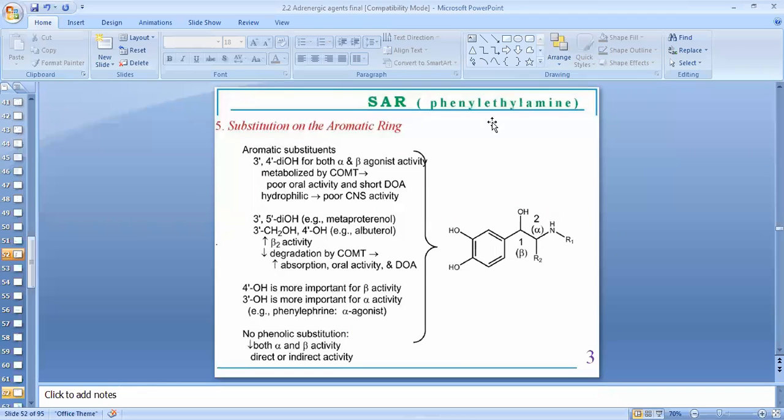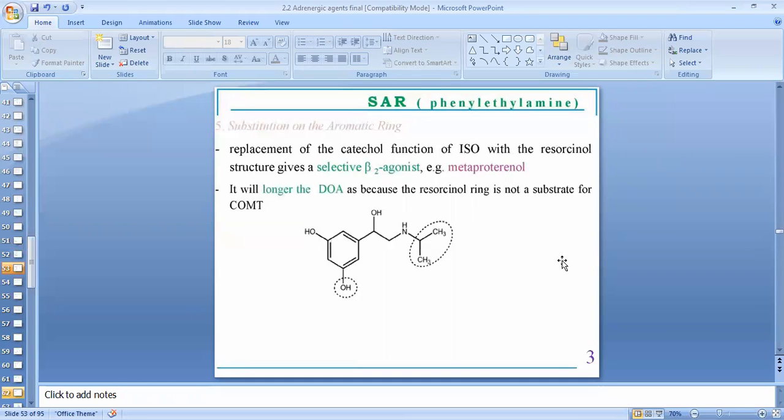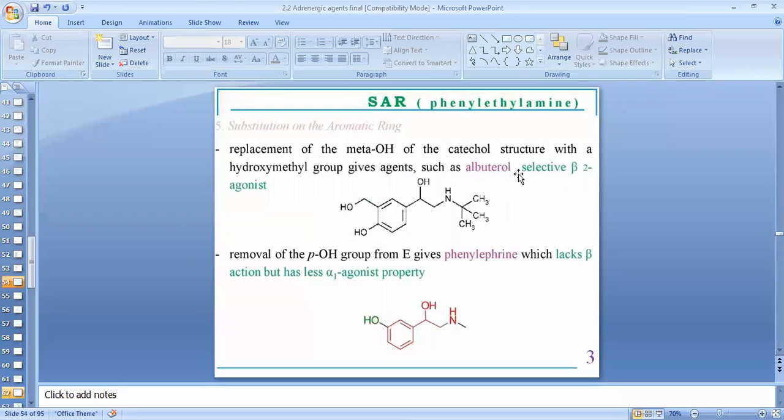Now we have discussed everything about the substitution on the aromatic ring. If we move this substitution from the 4th position to the 5th position, then the name of the drug is metaproterenol. It will lower the dopaminergic activity because the resorcinol ring is not a substrate for catechol-O-methyltransferase. Then replacement of